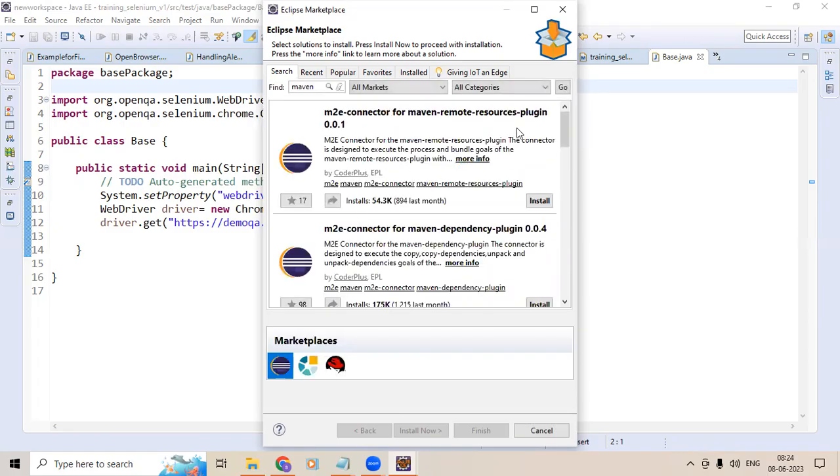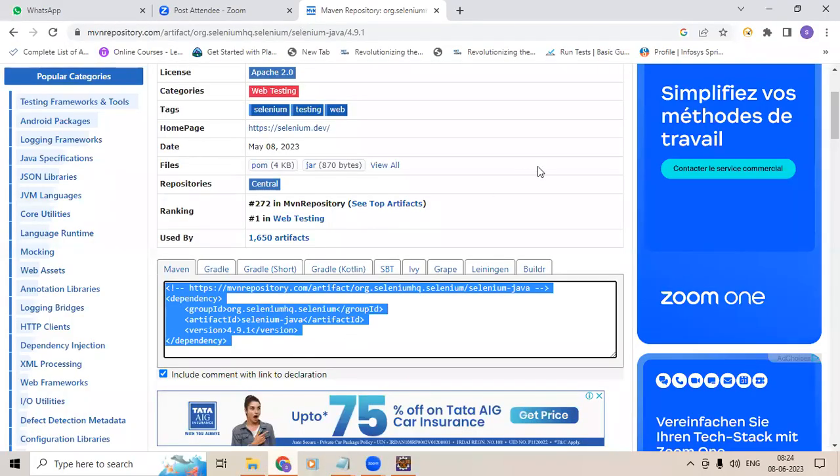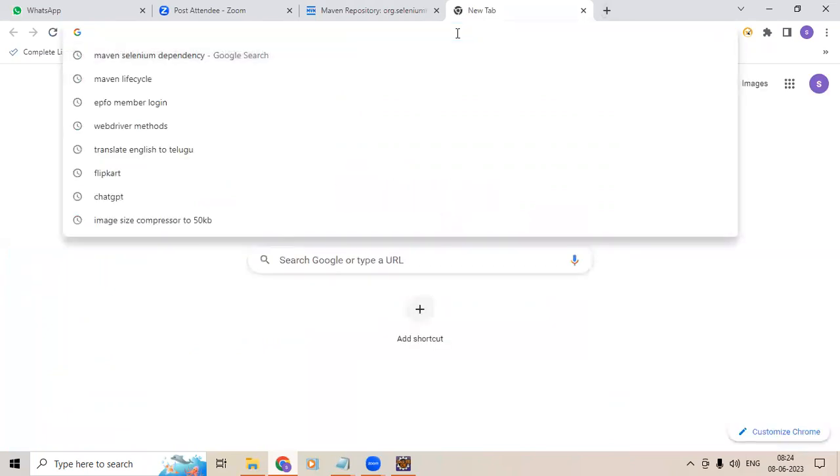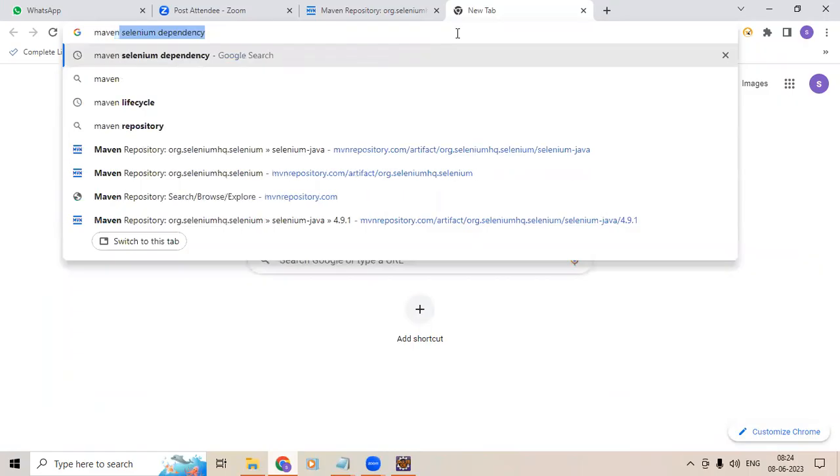you need to click on install. Once you install this, it will automatically download. Like this you can do for installing Maven, or otherwise what you need to do is come to the browser, click here and click on a new window, and here you need to type Maven